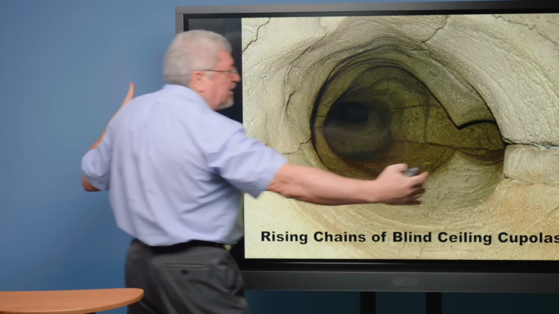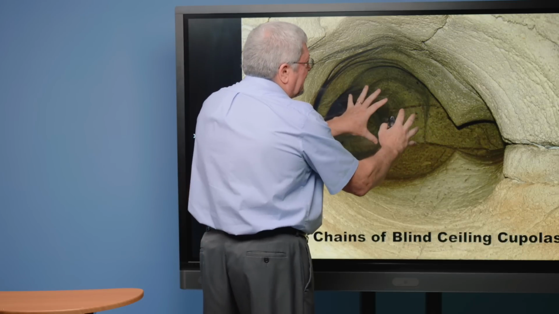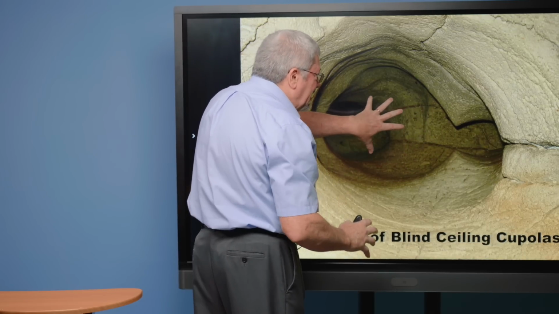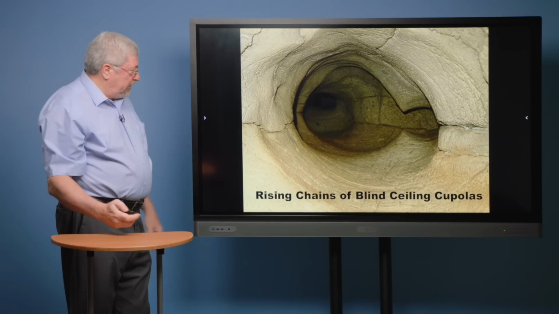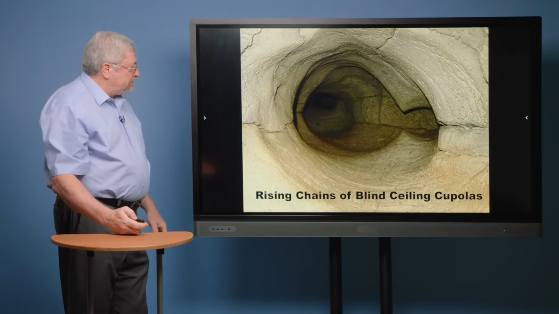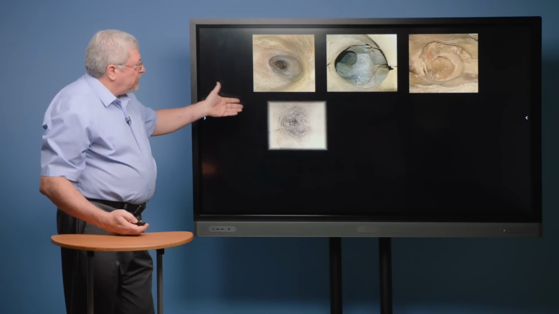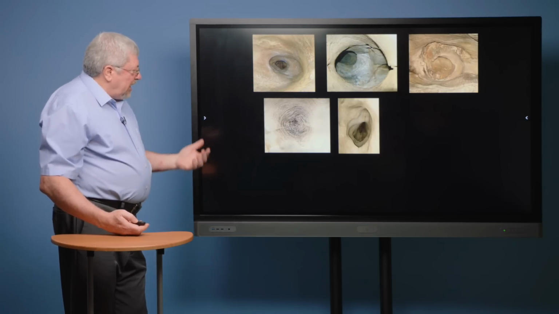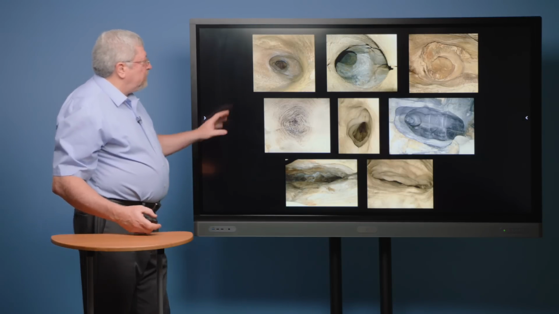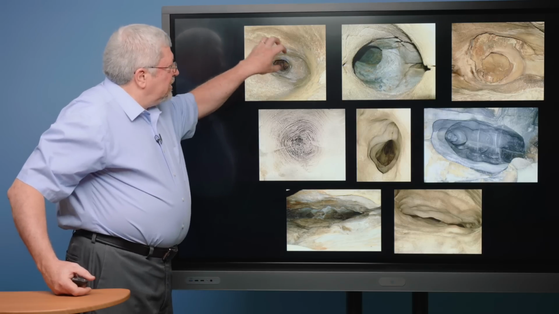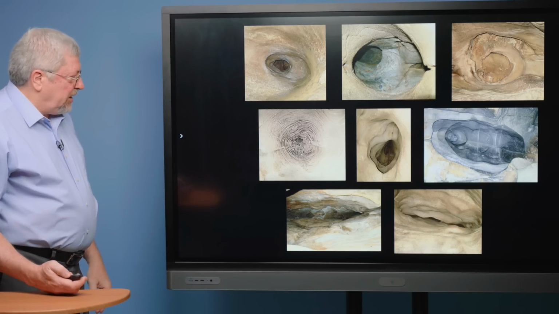And this would be the idea of rising acidic waters that pool in the ceiling, because they're rising, and then eat their way progressively higher and higher into the ceiling until they lose their acidity and thus end up blind. So there's that one I just showed, and here are some other pictures from the same cave, from the Grassy Cove Saltpeter Cave. These are all examples of blind, successively smaller cupolas in the ceiling of the cave.